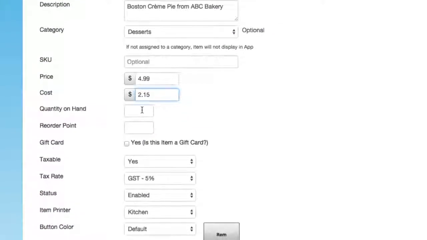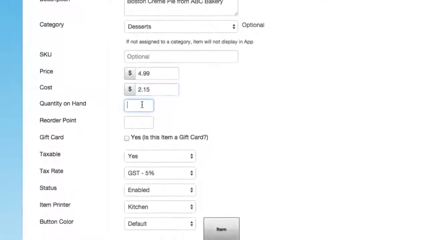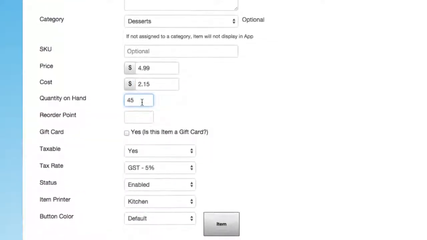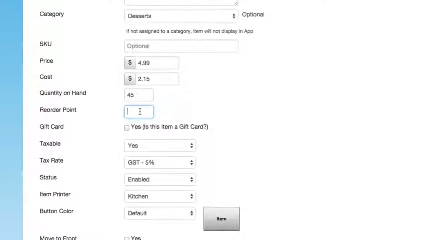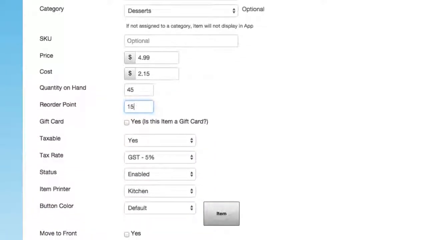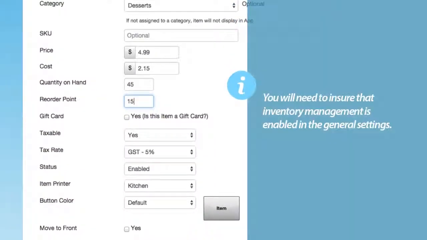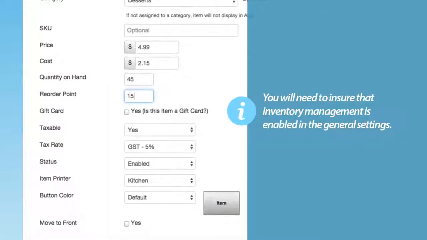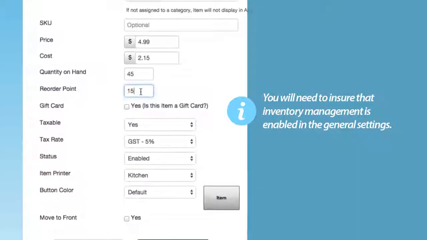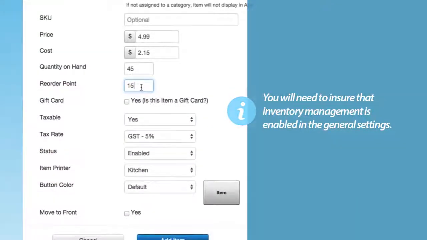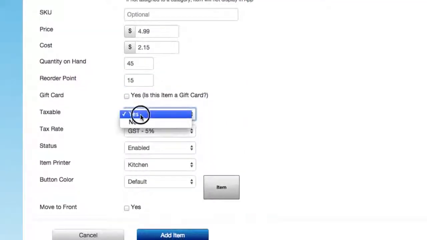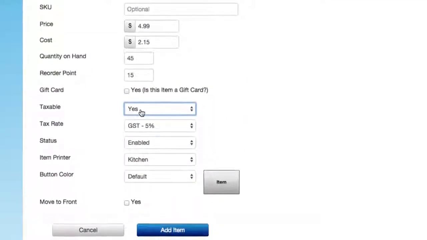In order to track the inventory, I will add in the quantity I have on hand, which is 45. I will also add my reorder point of 15. Please note, you will need to ensure inventory management is enabled in the general settings in order to use this feature. The drop-down for taxable should already be set to yes, so I will move on to the next step